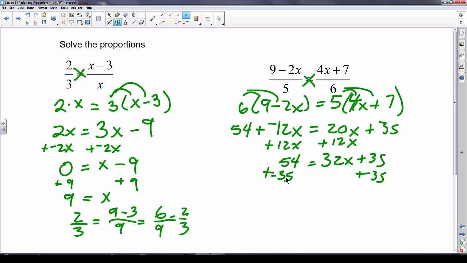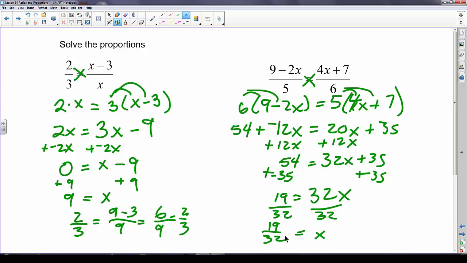And then if I have 54 plus negative 35, I end up with positive 19. It's equal to 32x. I'll divide both sides by 32, and I get an x value of